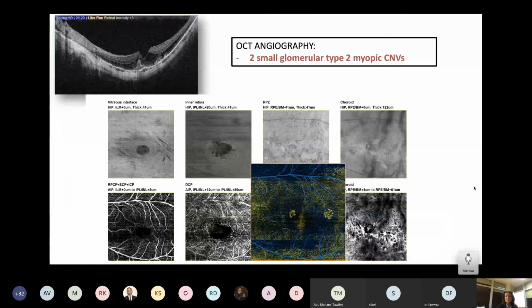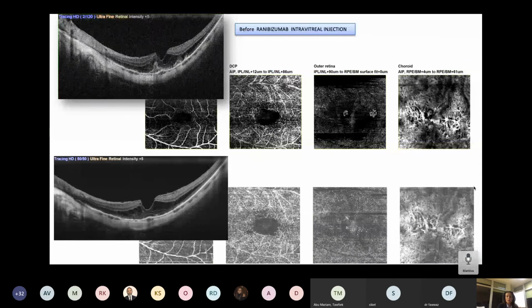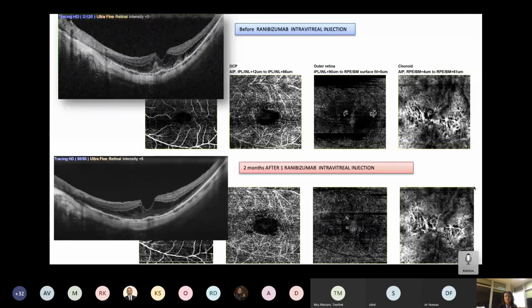It was very easy and very rapid to perform an OCTA that shows very well the presence of 2 neovascular membranes. This was very easy, very rapid, and this allows us to change our therapeutic approach, of course. In fact, we chose to make an intravitreal injection, and we can see the disappearance of neovascular membranes after one